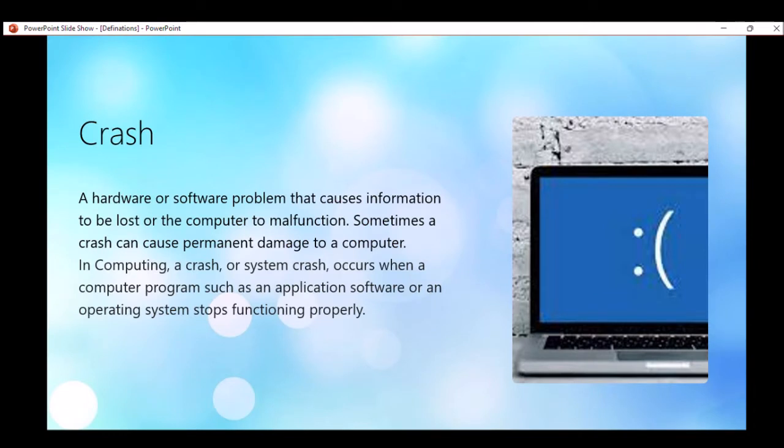Crash. A hardware or software problem that causes information to be lost or the computer to malfunction. Sometimes a crash can cause permanent damage to the computer. In computing, a crash or system crash occurs when a computer program, such as an application software or an operating